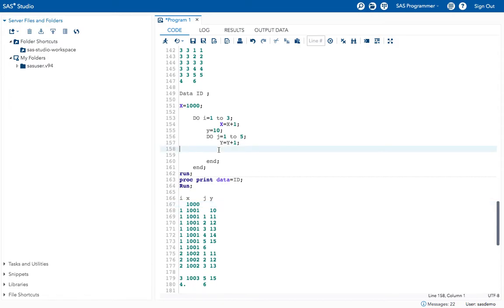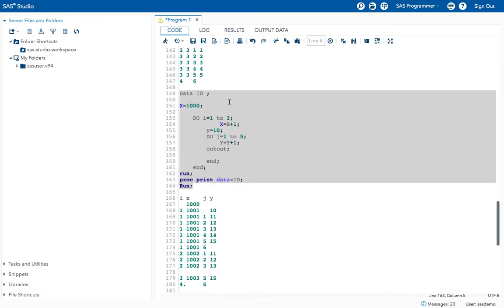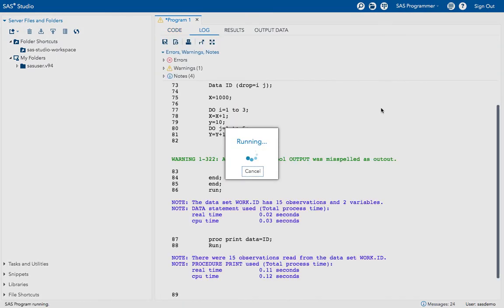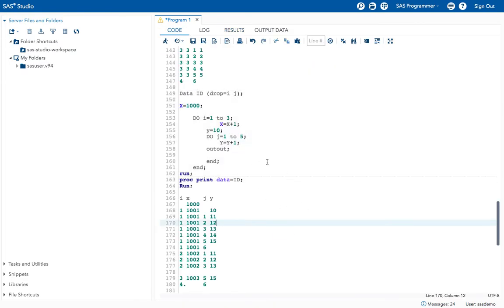Okay, if I give output statement, what happens? Like earlier, I will get the output. I will get all these results. Okay, now execute the program. See, I got all the results. If you don't want this I and j iterative values, you can mention that like earlier. See, I have mentioned the drop function, and now if you execute the program, see, I got only x and y values. Okay, like this we can do loop and nesting loop functions.